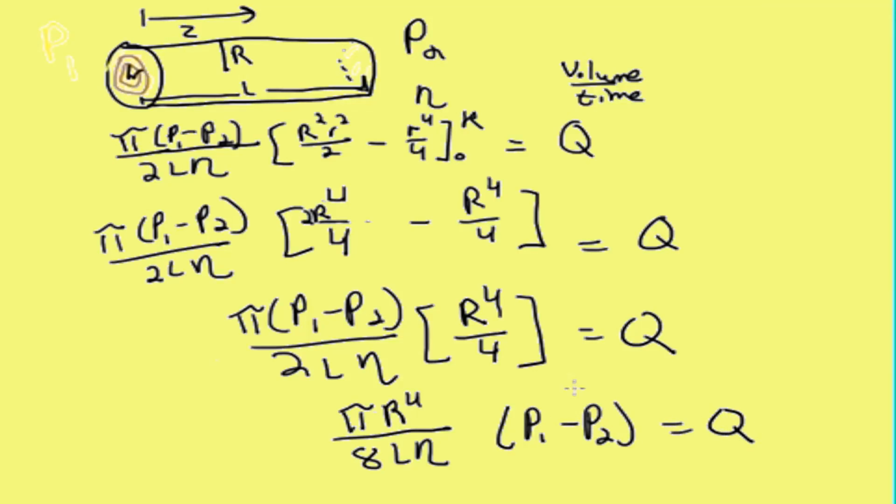That's going to be equal to Q. So this is Poiseuille's law: the pressure difference across a segment of pipe, this is the pressure difference, and this is the volume flow rate, so really what Poiseuille's law is saying is that the conductance, which is right here,